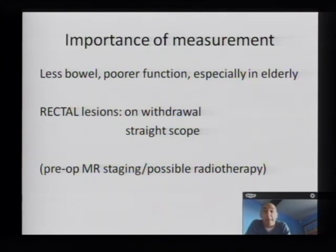I've recently had a couple of patients that at endoscopy it's been said tumours at 16 centimetres. We didn't preoperatively stage them, and at operation the lesion was in the mid-rectum, and the patients may well have benefited from preoperative radiotherapy. So